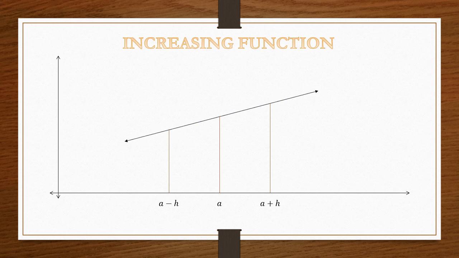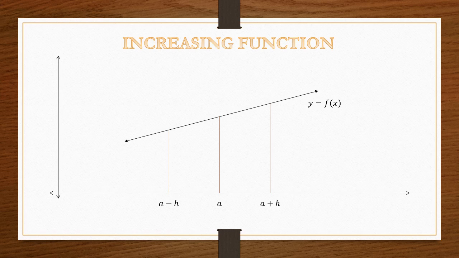So when I connect all these lines, I get a line like this, which I call the function line, or the y line, or I can just call it y. Looking at this graph, when I make a plus h, a is smaller than a plus h and a is greater than a minus h. If you look at the function line here, you can see that this line is going from left bottom to right top. That is, this line is increasing. Yes, naturally when we look at this line, we can say that it is increasing. So when the function is in this form, we can call it an increasing function.